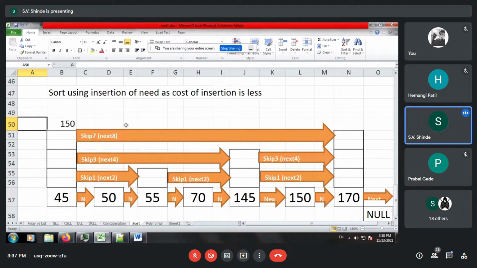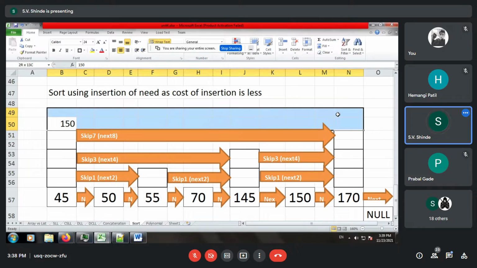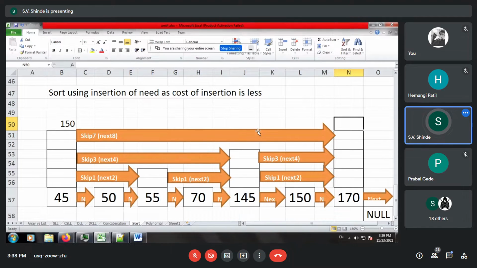Okay. So if you concentrate, then you will be able to understand our searching strategy. First, it will compare 150 with 45 and get the direction that 150 may be to the right hand side of 45. So naturally, it will move to the last node and compare with the last node.